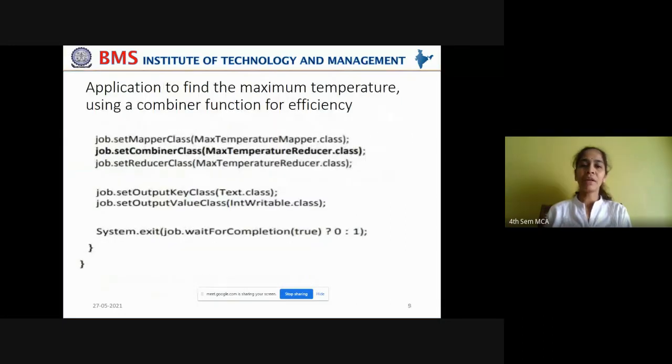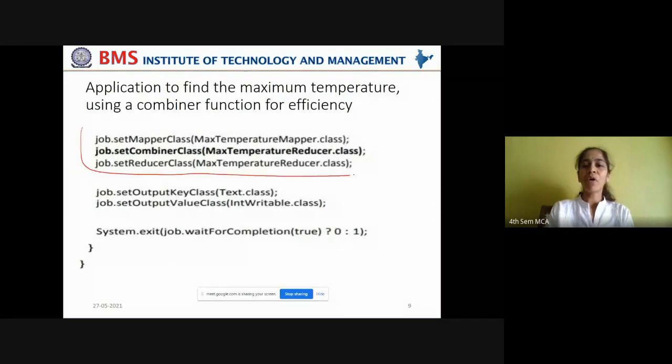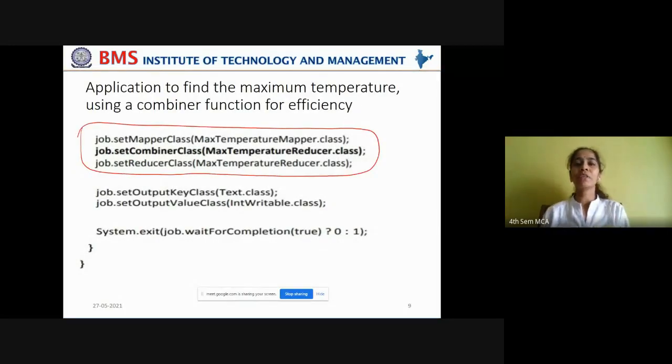For that, what we have done is we have made a small change in our code in the main MaxTemperature class. We have written 3 classes for the MapReduce job, right?